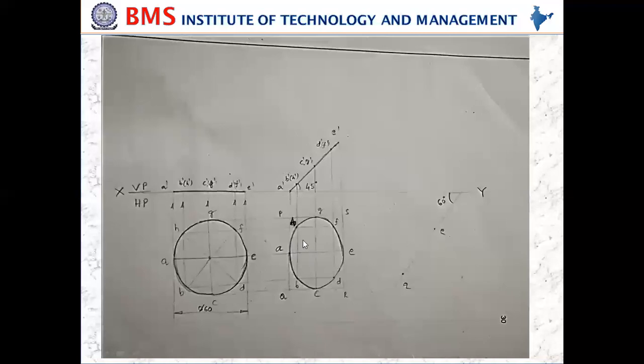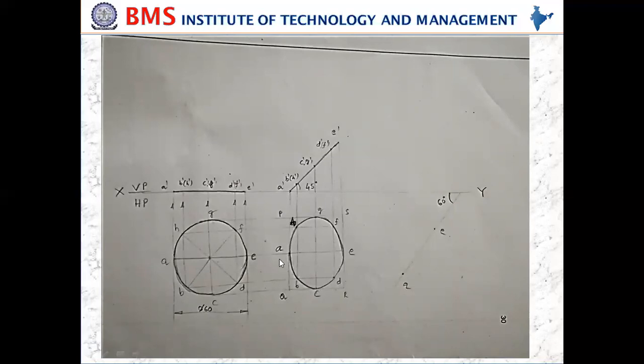So make sure that it will be rotated like this only. So A will come here and then E will go up. So you need to draw first AE. This is the top view of the AE, or top view of the diameter which is passing through the resting corner A. So the diameter passing through the resting corner is nothing but AE. So the top view of the diameter is nothing but AE only in the second position, but not in the first position. So this is called true diameter. This is called appears to be diameter or top view of the diameter.